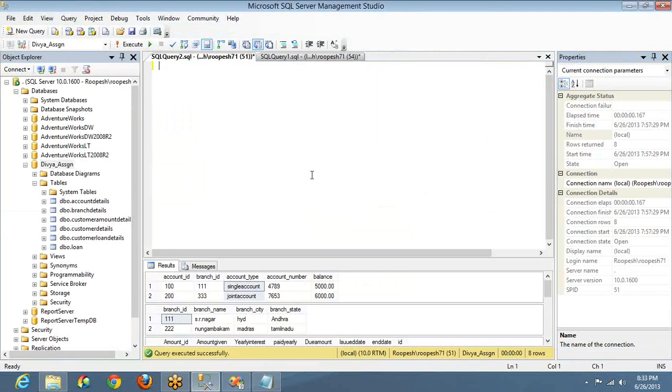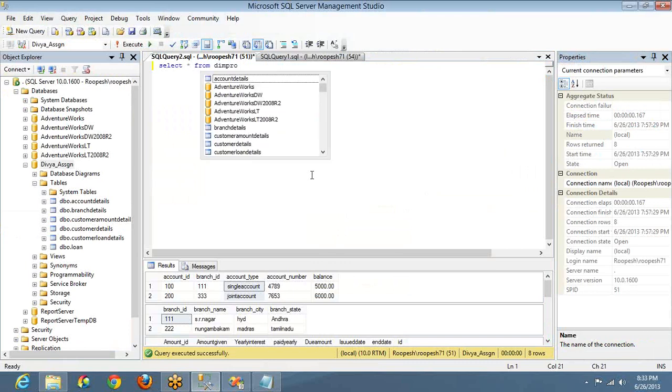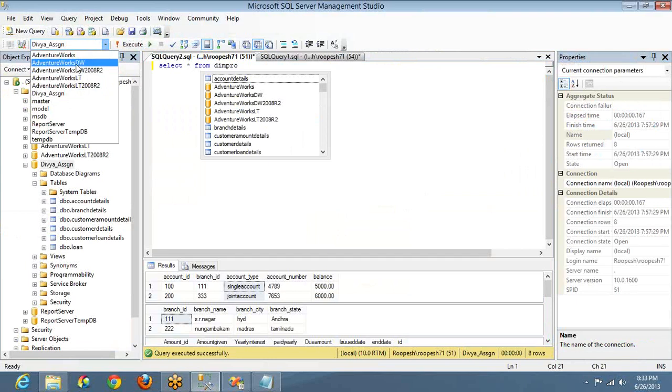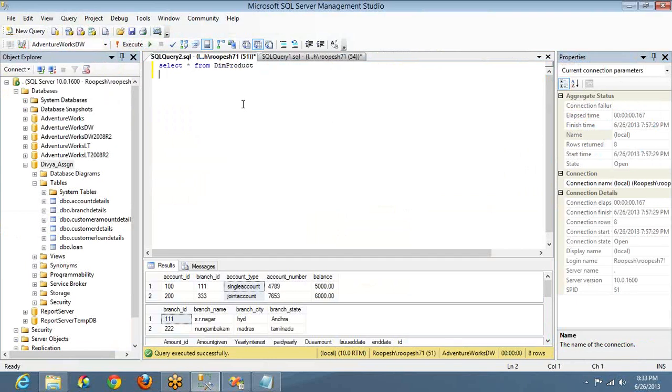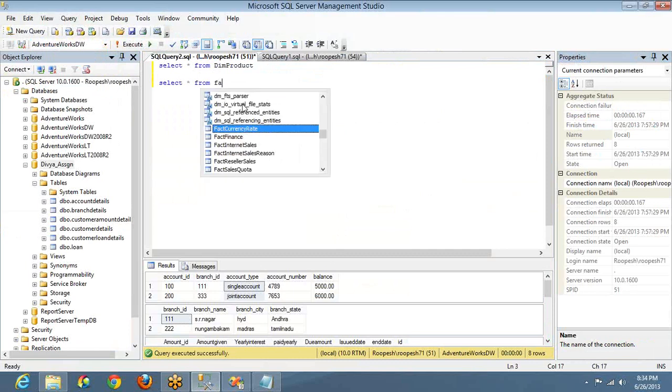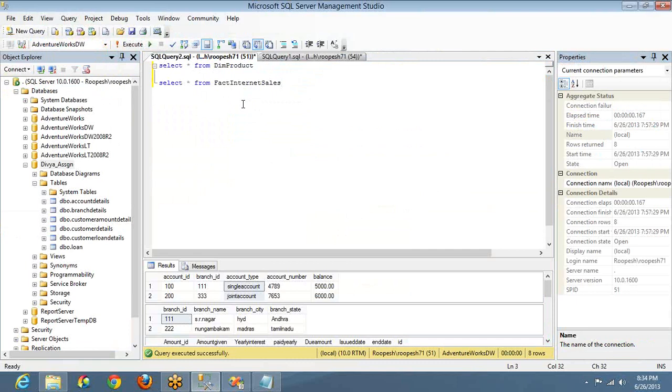So dim product is our dimension table, right? I'm taking select star from dim product. I'm bringing the wrong database. Let me go to AdventureWorks. Okay. And what is our fact table? Select star from fact internet sales. Now you want to see color-wise sales.